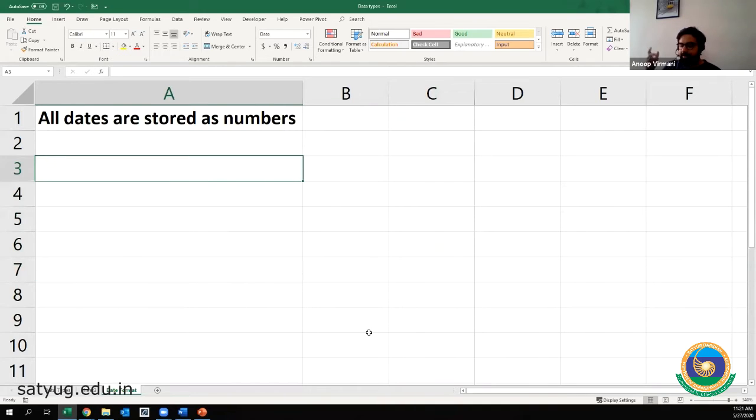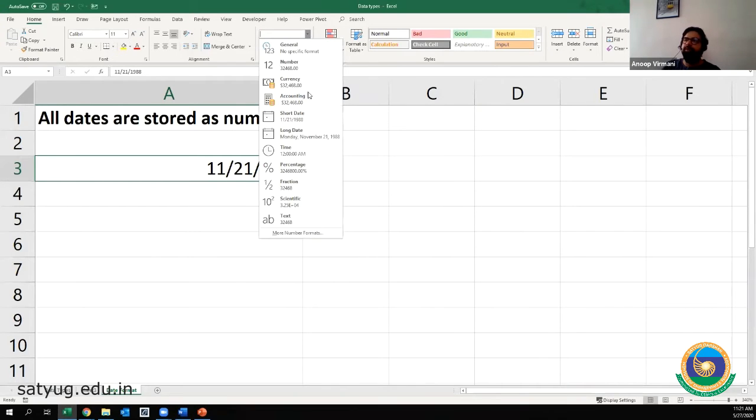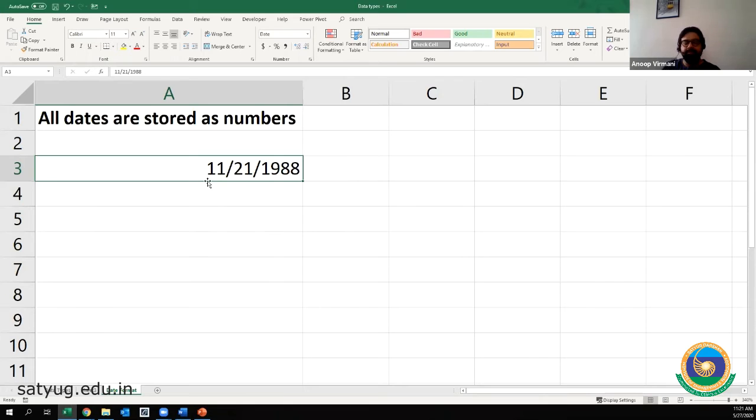So let's bring a random date. Let's say 32,468. So this was 21st November 1988. Okay, so it is all on you, the way you select your formatting. But in Excel, the dates will always be stored in numbers, right? So this is very important for you to understand the formats that Excel is using, so that in multiplication, division, subtraction, addition, you are not multiplying and dividing some text values.